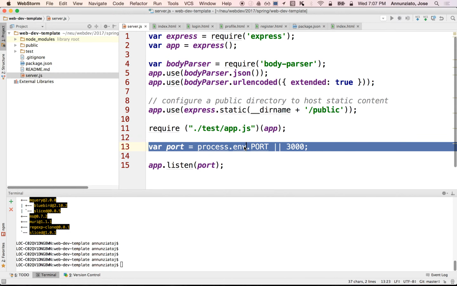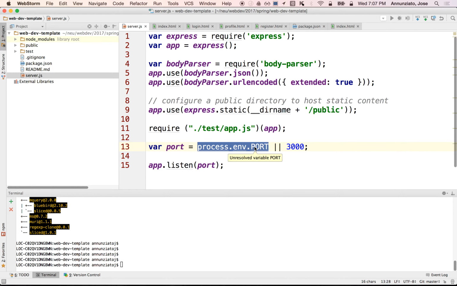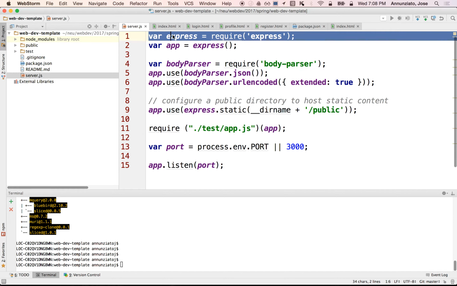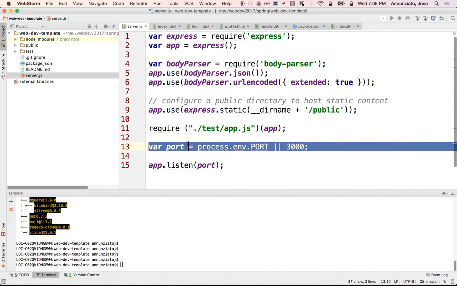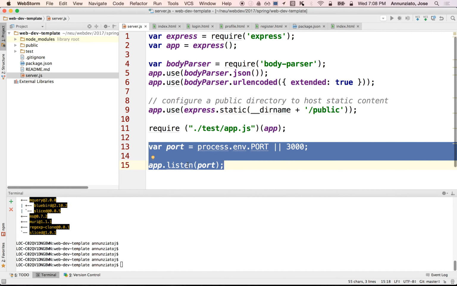So this server can run locally or in Heroku, either one. If it has this, that means it says, I'm in Heroku, I'm going to use that port. If this is undefined, notice the or here, then it'll be 3000. So the port will be either Heroku's port or 3000 locally. So really it is one line of code. You could combine this into a single line, but really 2 lines of code is what we need for this